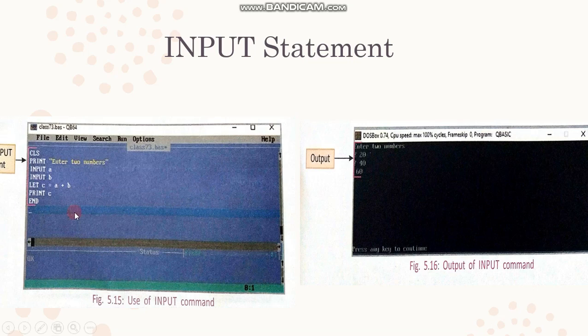For example, CLS, PRINT "enter the two numbers", then INPUT A, INPUT B, then LET C = A + B, then PRINT C, and END of the program. Okay, the output is